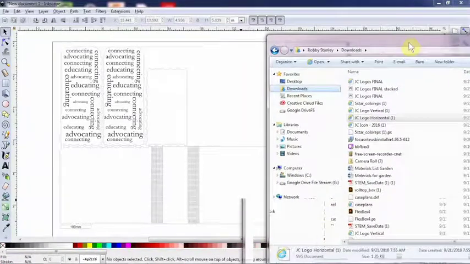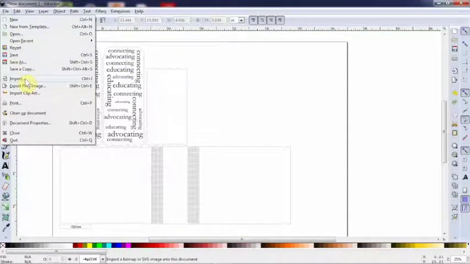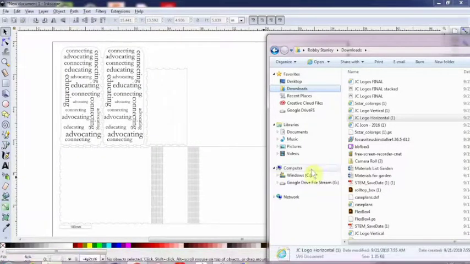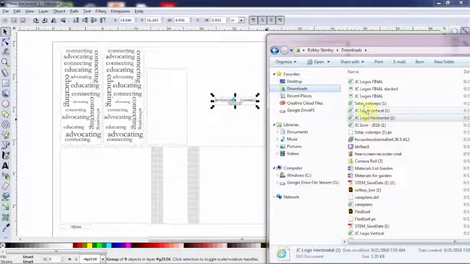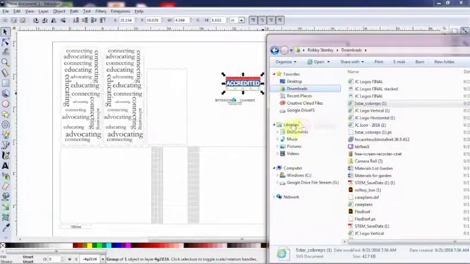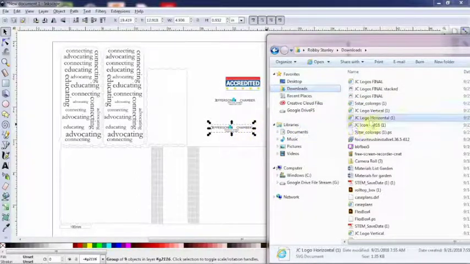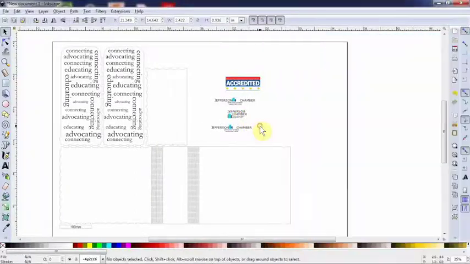I'm going to go over here to my downloads folder. Remember, there's a couple of different ways you can bring a graphic in. You can open up that folder and simply drag it over, or you can go to File and import that way. Either one will work just fine. I'm going to go ahead and just drag a few over. Maybe I will like one more than another one. There